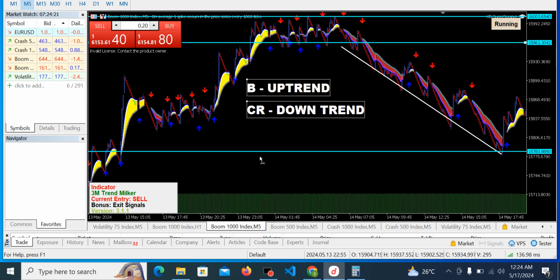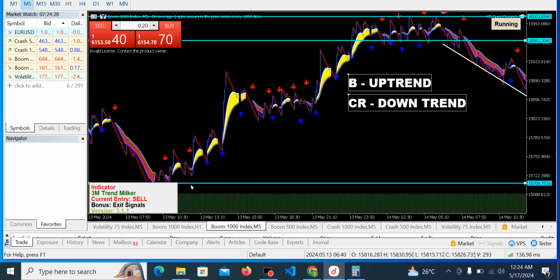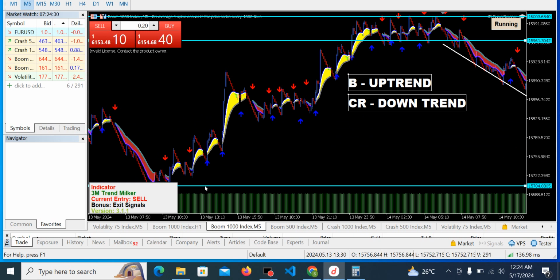Okay, this is when you should trade your spike: when the market has been selling for a while and got to a major support zone, and you are sure that the trend is about to change from a downtrend into an uptrend. You heard that right. You are sure that the market is about to change from a downtrend into an uptrend. I'm discussing Boom. Once you are sure of that, then you can start planning to trade